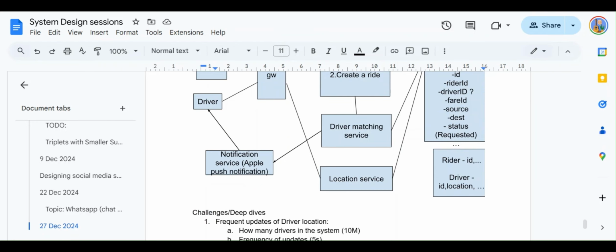So this is not a problem. Database is a little slower than in memory, yes, but not too slow. Databases are not that slow.